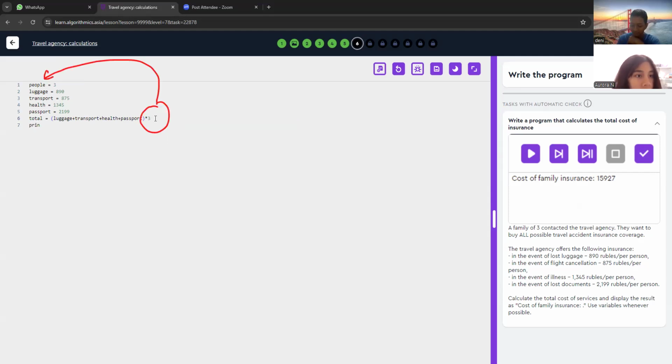Just people, call the variable. Call the people variable. Oh, times people. Okay. Print cost.